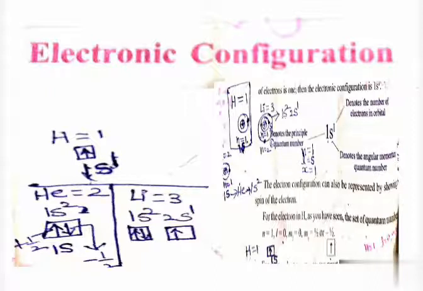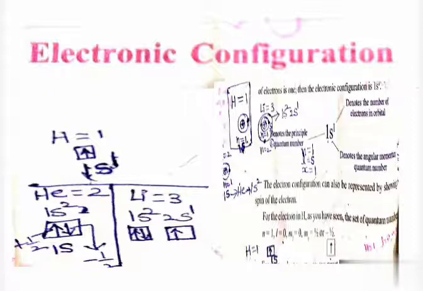Now how can we write the electronic configuration? We can write it by the NLX method. N means principal quantum number. Hydrogen will occupy the first shell or the second shell? First shell. In 9th class, in one chapter, we discussed drawing the arrangement of electrons in the orbitals. In the middle we keep the nucleus, after that we draw the shells, and the electrons are put in the shells. Once I will show like this.